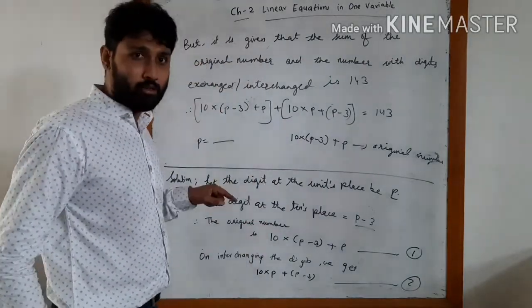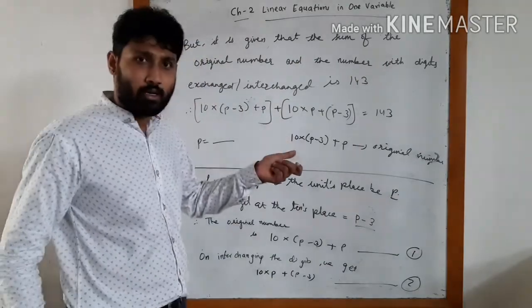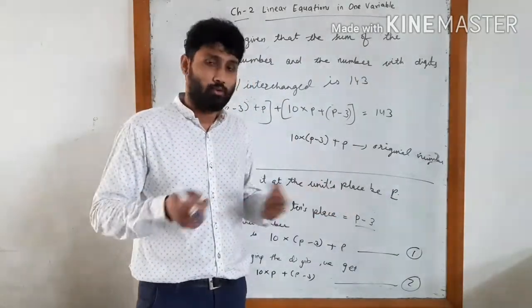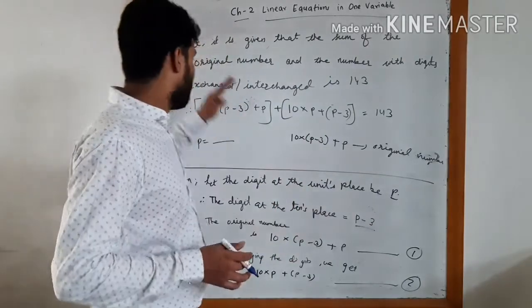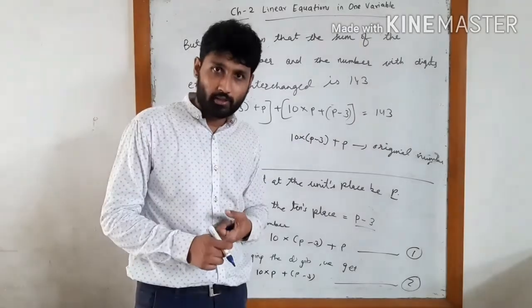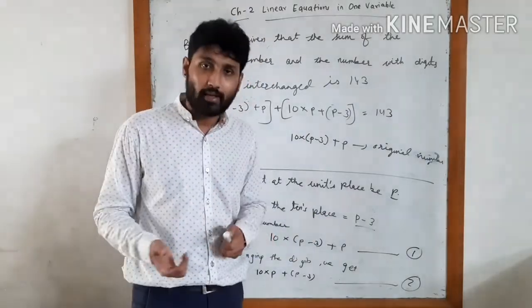Such a type of question has two possible answers. Because we are interchanging the digits, you can get either of the answers, and both answers are correct. So this is how you solve such problems. I hope you have understood this. If not, we'll be discussing it in the evening. Let's move on to the last sum for today.